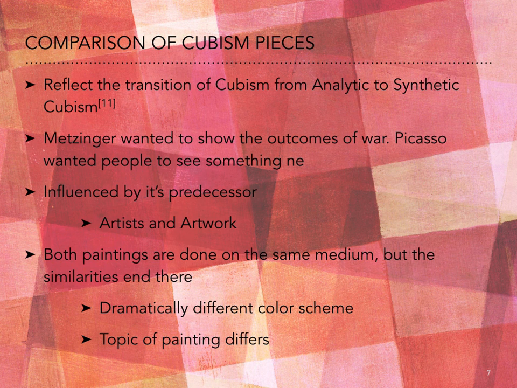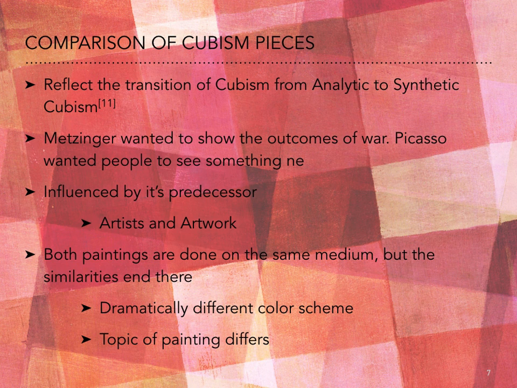The topic of the painting also differs, and even in the interpretation, where Metzinger's piece is almost an optical illusion because you can see more than one man in his image. You see multiple people doing multiple actions in Picasso's painting. Their styles differ, but they are both trying to accomplish something different. And the two-dimensional analysis of the ladies, it downplays their curves, especially when it comes to Picasso's paintings.